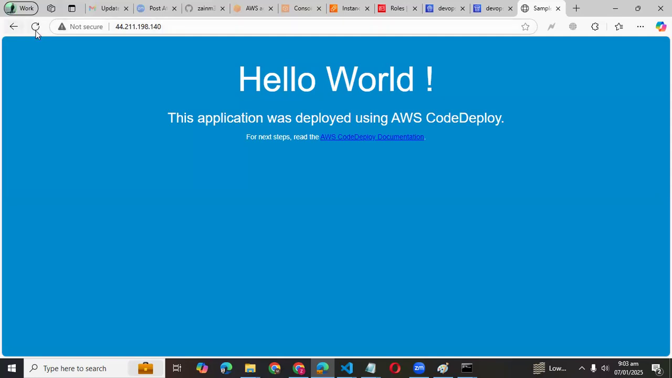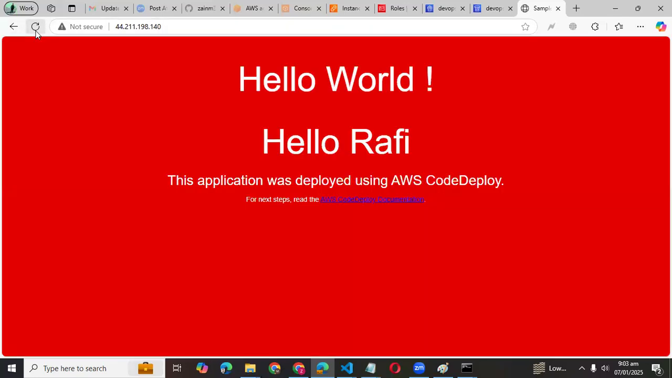Currently we are making some changes. Let's refresh it. If you can see, our background color is now red and the hello Rafi heading is there automatically. Perfect. So that's the power of using the AWS CodePipeline, right? We just push our code and our code is automatically fetched by the source stage and automatically deployed to the EC2 instance, and then we can access our website with the changes that we made,